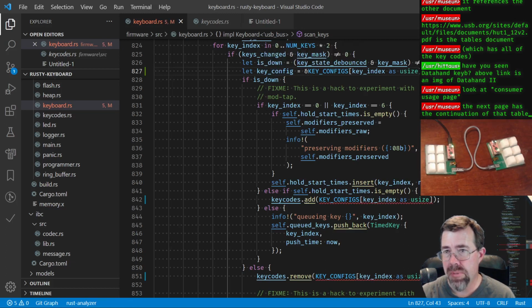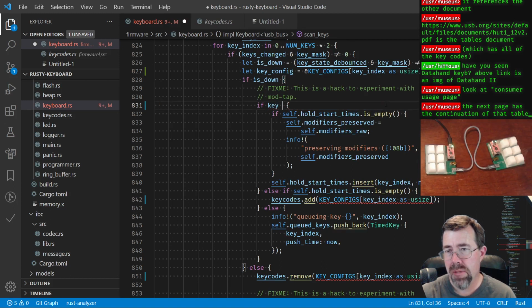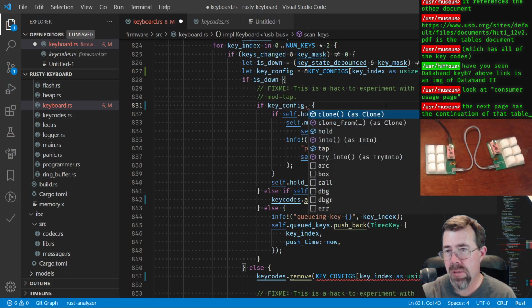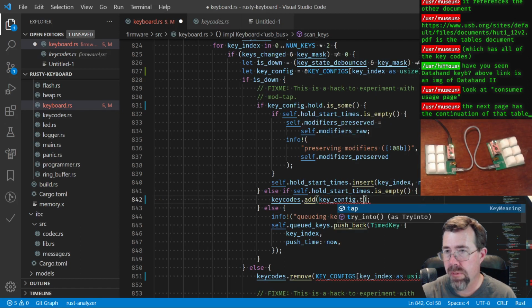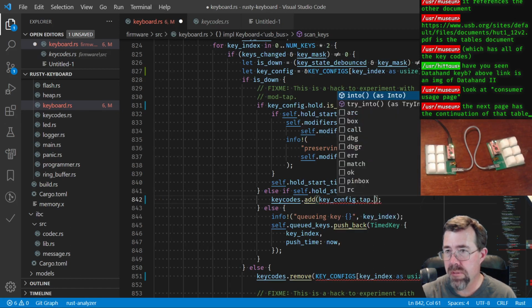And then it should be like, this is replaced with if key config dot hold dot isSum. This would be what? Add the tap code, right? So key config tap dot